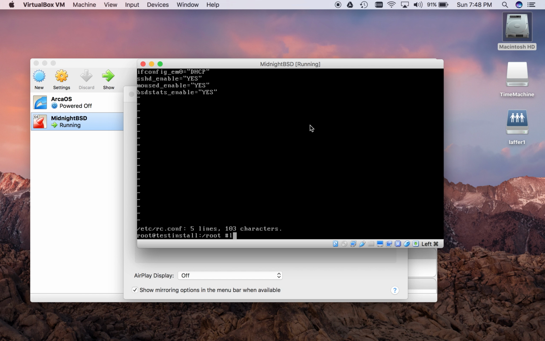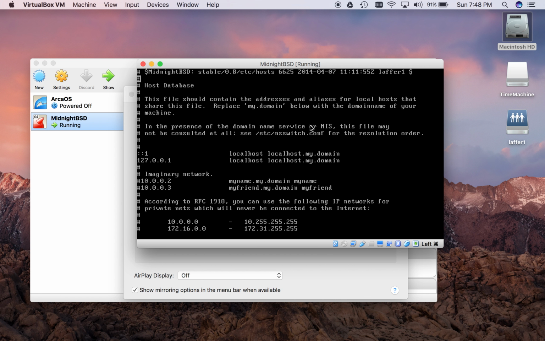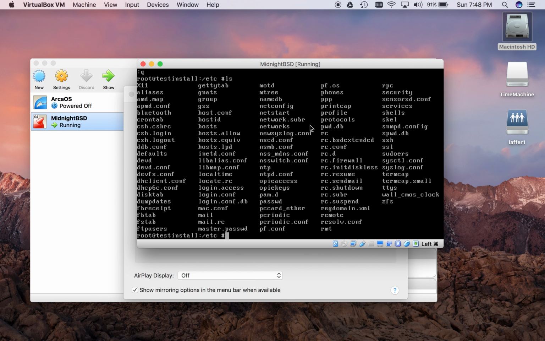There's some other files in this etc directory that might be of interest to people. You can kind of see the host file. We have the configuration for your IPs and so on. Trying to think if there's anything else. One thing that's kind of